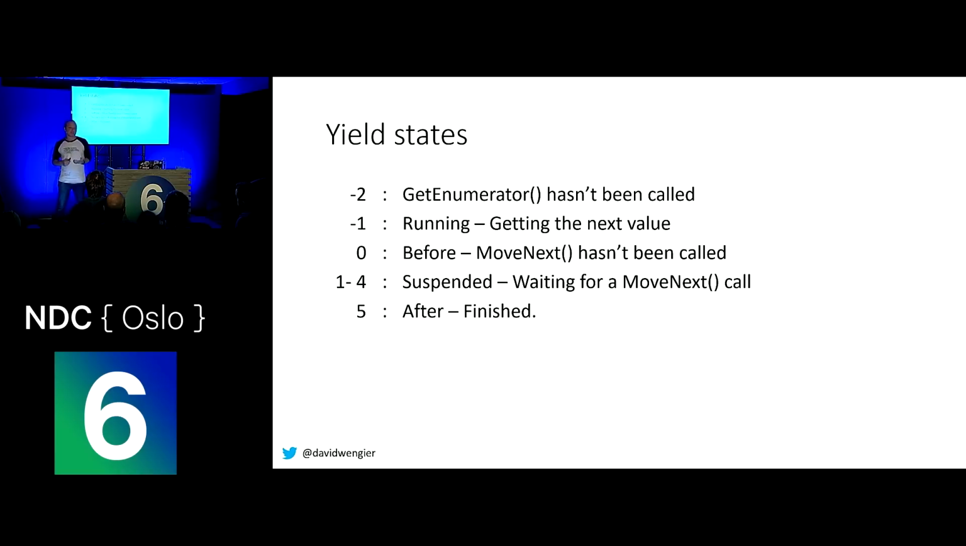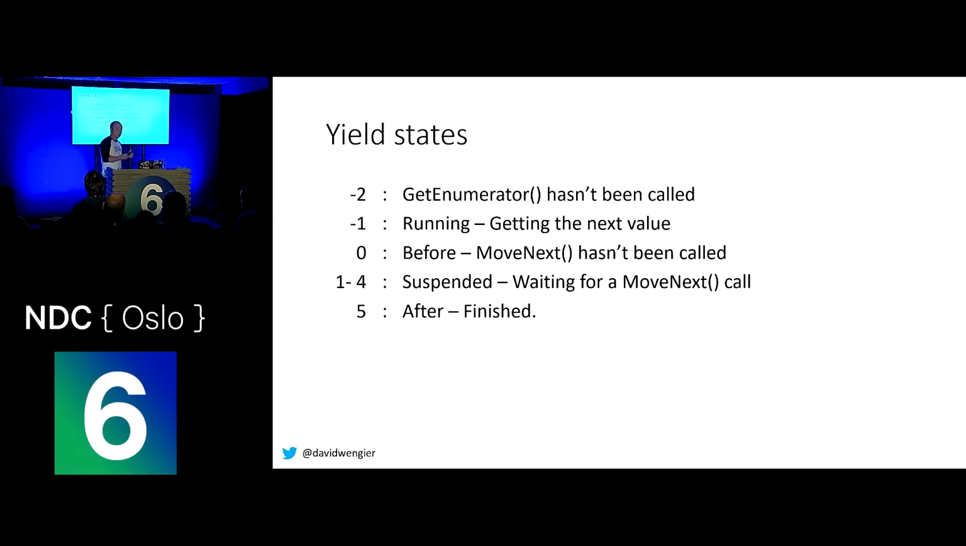So we have these states for our state machine. And we have -2: GetEnumerator hasn't been called, so we haven't started yet. -1, we're getting the next value. 0, we're ready to go, but no one's started enumerating yet. And then 1 to 4, which is really 1 to n, because it could be any number, where we're just